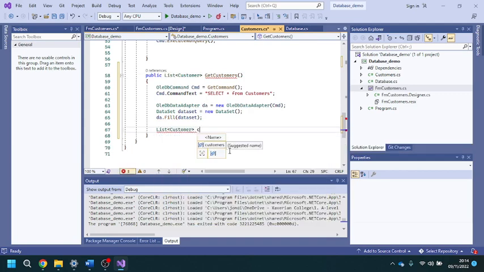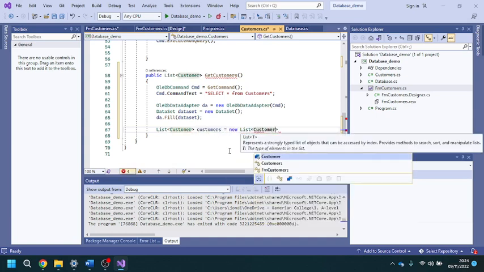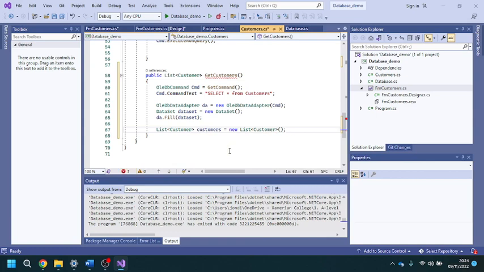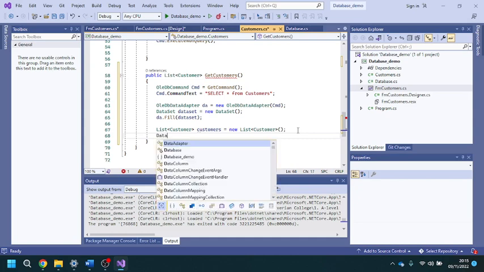Okay, and I'm going to call it customers equals new list customer. Okay, right. Okay, so now I'm going to start going through this data set. So the first thing that I'm going to do is my data table